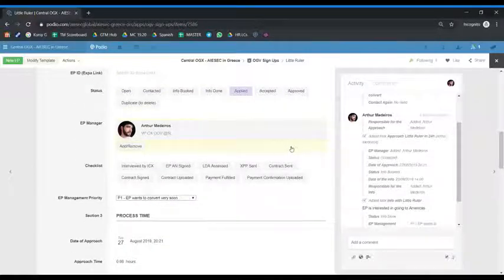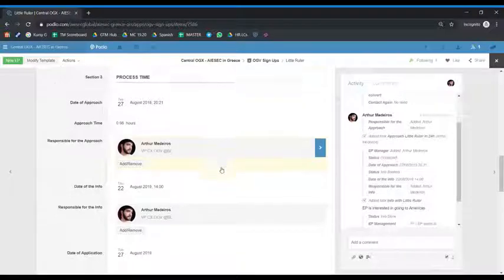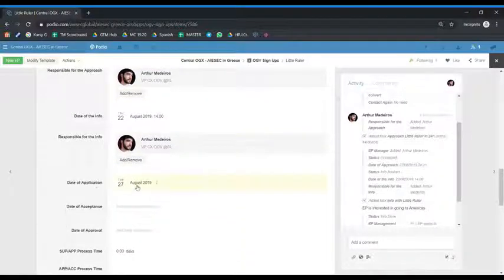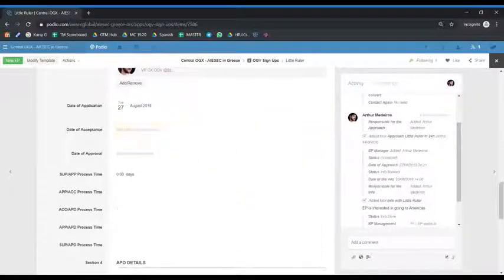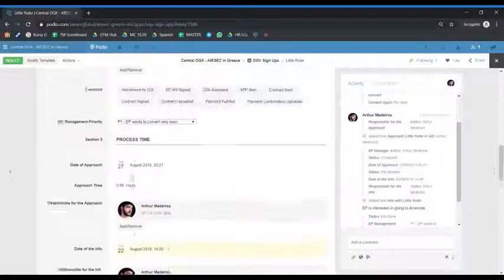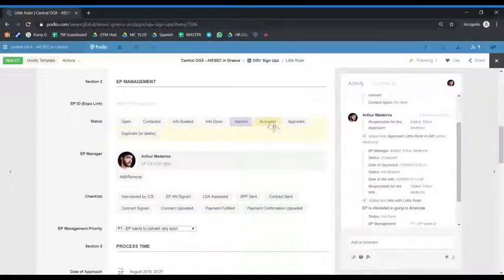After that, when you press applied, it will automatically create the date of the application here, and then you'll be able to see the process time between sign up and applicant. Here it's 0 days because it's a test. But then when the EP gets accepted again, you're going to press